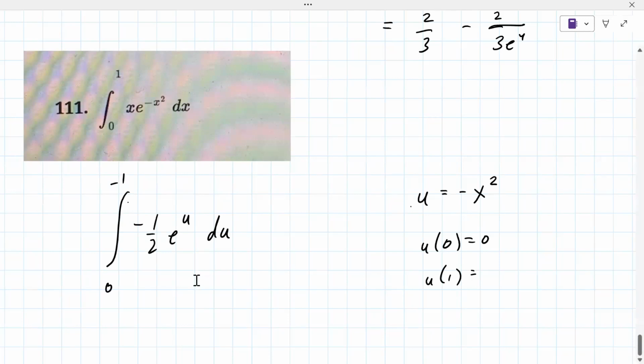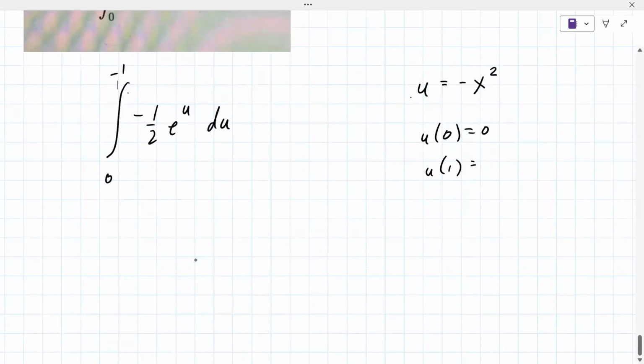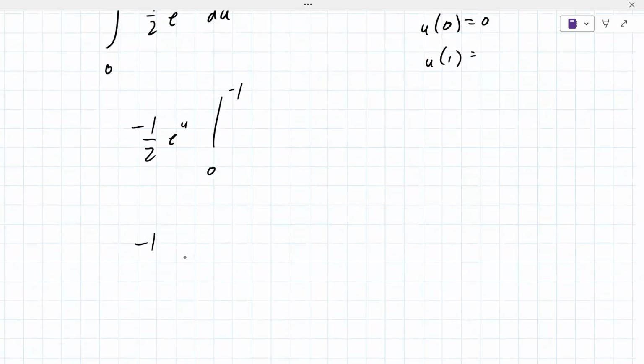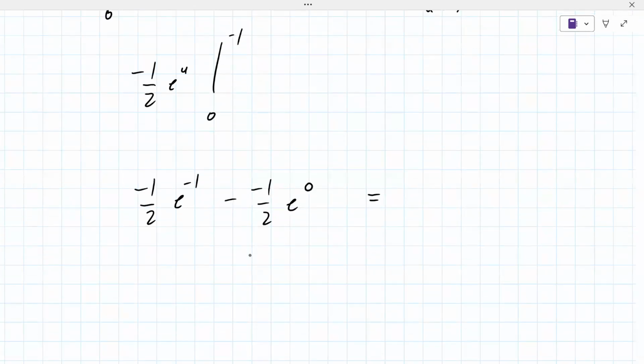All right, so the antiderivative here, minus 1/2 e to the u, evaluated from 0 to -1. It's like you said here, it's minus 1/2 e to the -1 minus 1/2 e to the 0. This part becomes 1, these cancel out, so it ends up being 1/2 minus 1 over 2e, or e to the -1, depending on